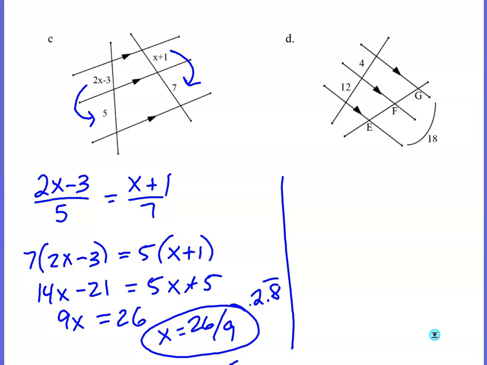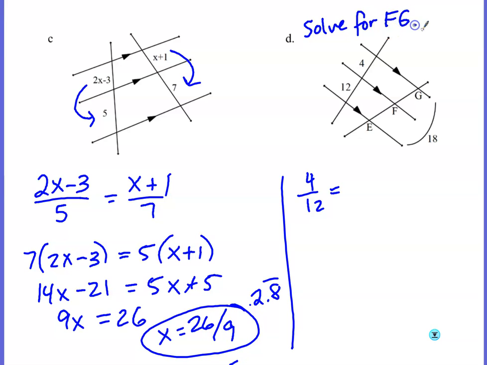All right, D. Now D is an interesting one because here's the problem. I know in D that I can do 4 over 12. The problem is I don't have either part of this, and I would at least need one of the parts, right? So this is the one where we said if you know the whole thing is 18, and I think, shoot, I don't think I told you what to solve for, so I'm going to go ahead and put it in here. I want you to solve for